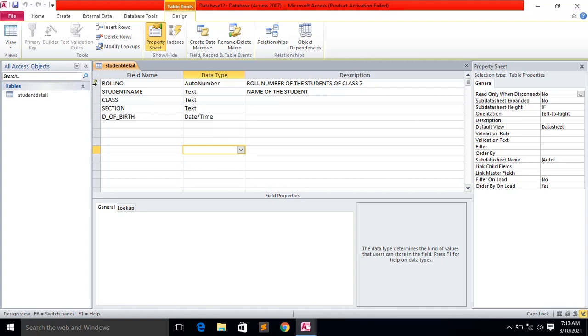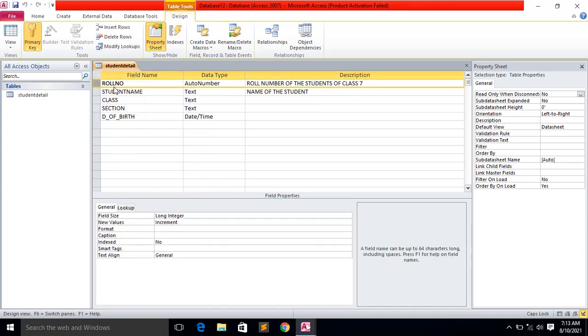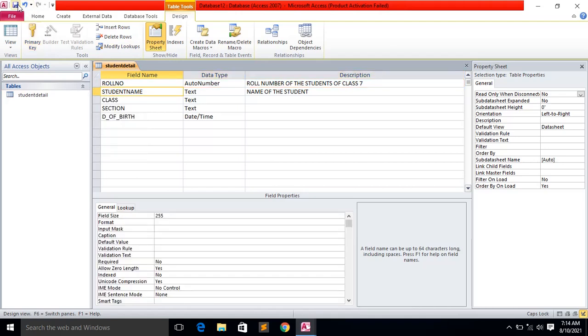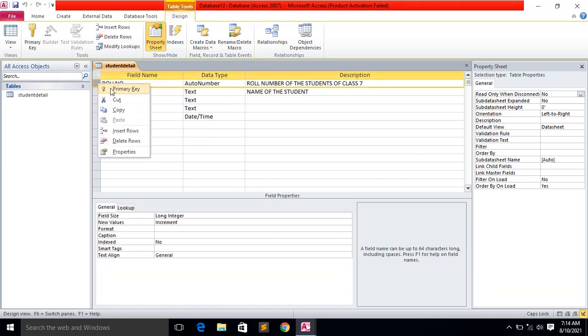Now I will show you how to create this primary key. You click here, right click, and you set the primary key. If you click the primary key again, it will become inactive. Now you have to activate it, you have to create the primary key. Again you go there and select primary key, so it will come again. So this is the primary key. Whenever you save, if you don't create the primary key, Access will ask you. See, I am again making it inactive, and now say I want to save. So already it was created, that's why it is accepted. So you have to create a primary key.